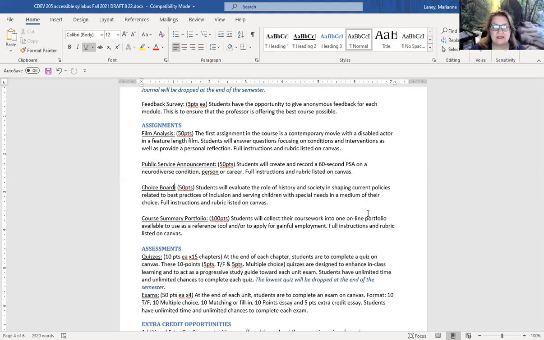And then lastly, we're going to have Portfolium, where we put all our stuff in. Now, I've introduced this in other classes and it kind of didn't land, but this semester we actually have somebody in our division who's training on Portfolium. So I'm super duper excited about that. Her training actually comes after our class is over. So I'm having her set up another opportunity.